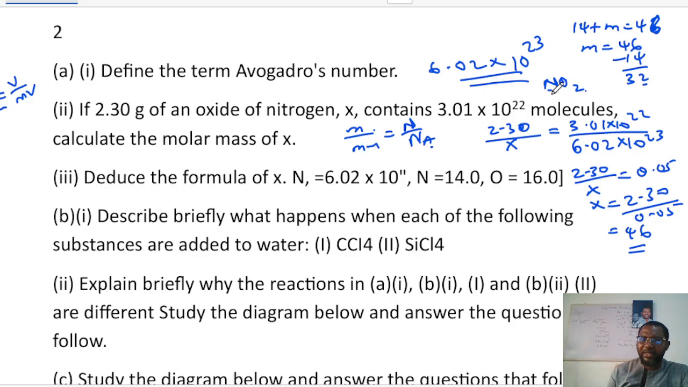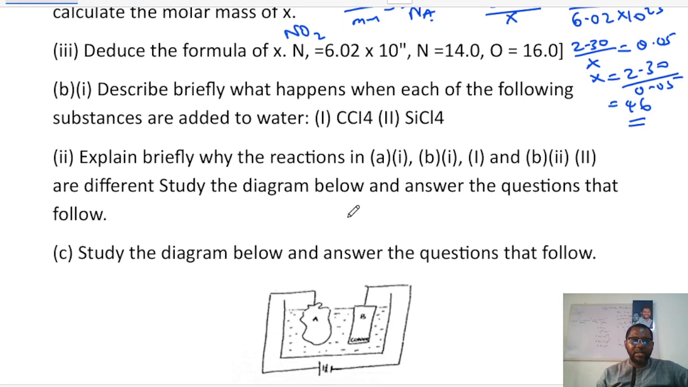Can you see that after subtracting 4? So the answer to this question is NO2. Quite easy. Now the next one says, describe briefly what happens when each of the following substances are added to